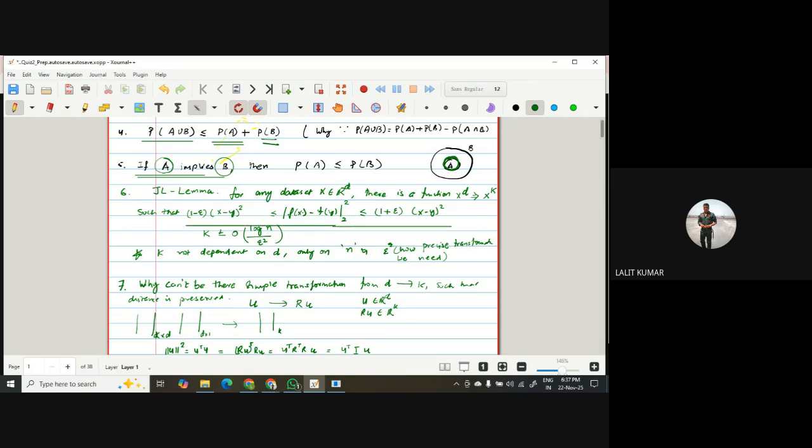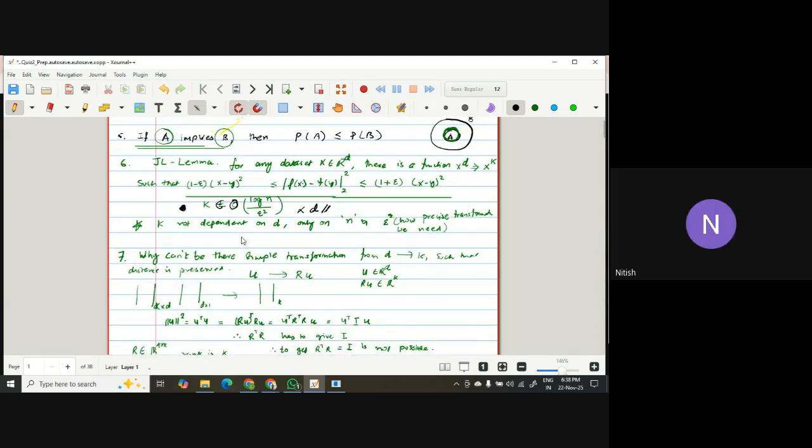So distance is preserved means (f(x) - f(y))² is less than or equal to (1 + epsilon)(x - y)², and it is greater than (1 - epsilon)(x - y)². Now, the important thing to remember from the quiz point of view is that k is O(log n / epsilon²). It does not have any relation with dimension d. In the PYQ there is a question on this concept, and in the GA also there is a question on this concept. So please get these concepts thorough.